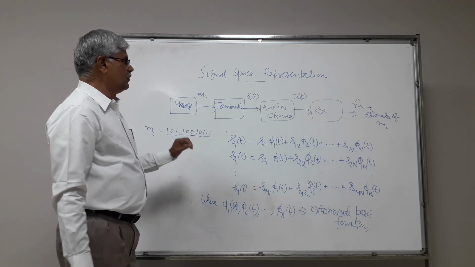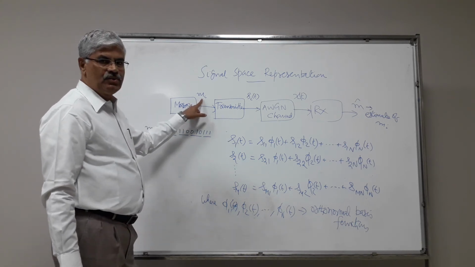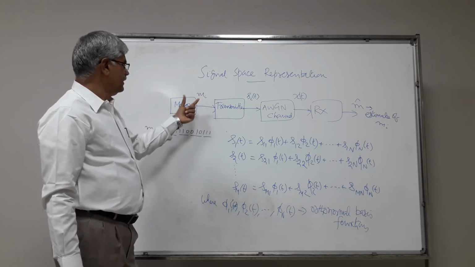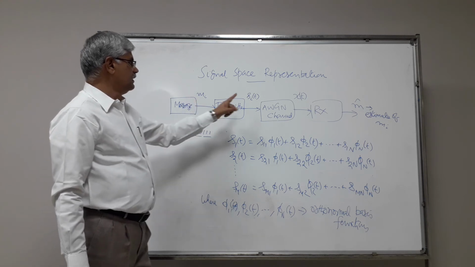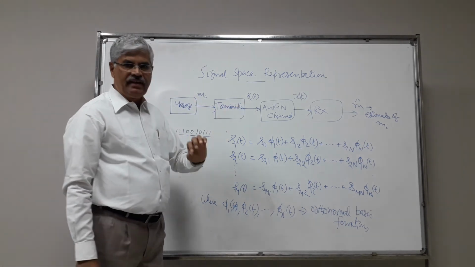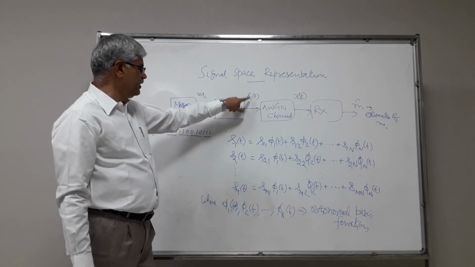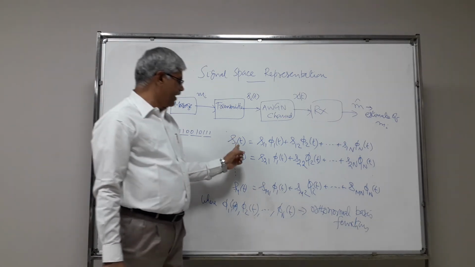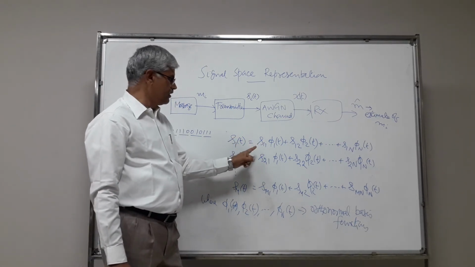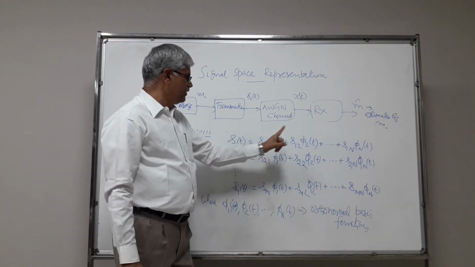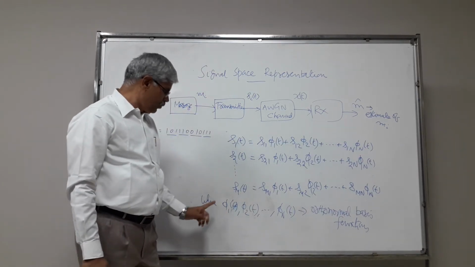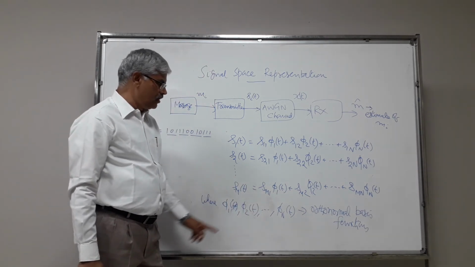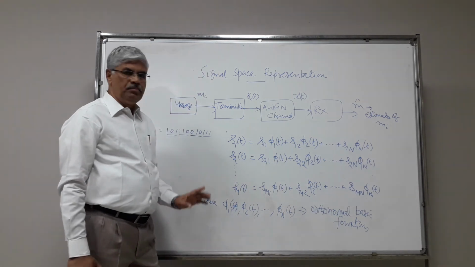So our objective is to select appropriate waveforms for transmitting these binary blocks of information. And we are saying we will select these waveforms S1 of t, S2 of t, S3 of t, Sm of t in such a way that they can be represented as a linear combination of phi 1 of t, phi 2 of t, phi n of t, where this set of functions are called orthonormal basis functions,